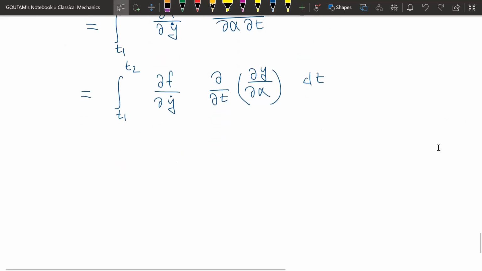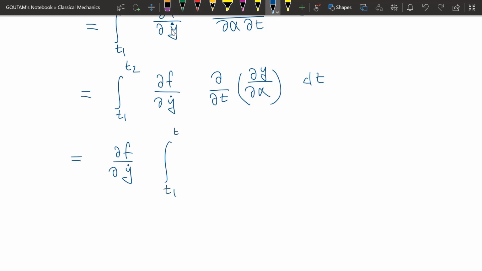Now if we use integration by parts, we will get ∂f/∂ẏ times the integration of this, integration from T1 to T2 of ∂t of ∂y/∂α dt. So the limit will be